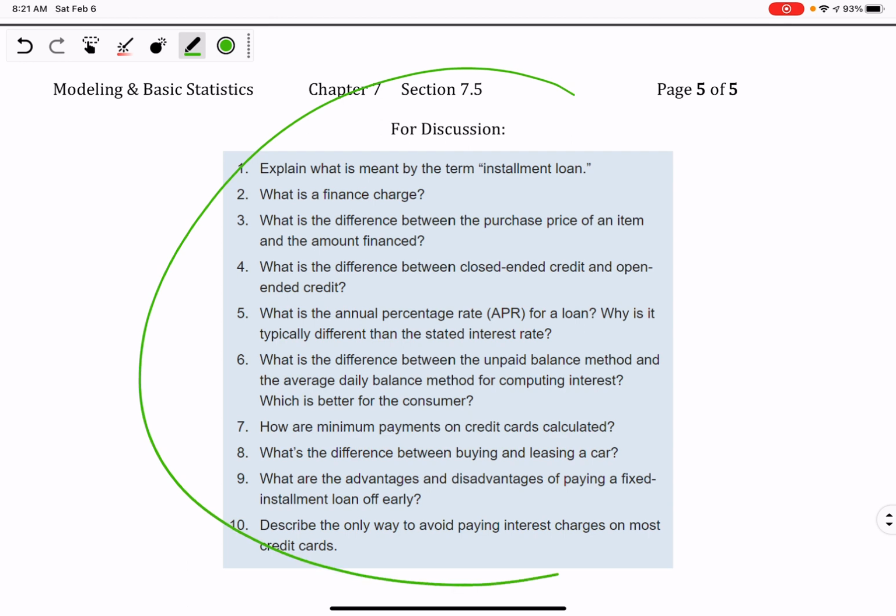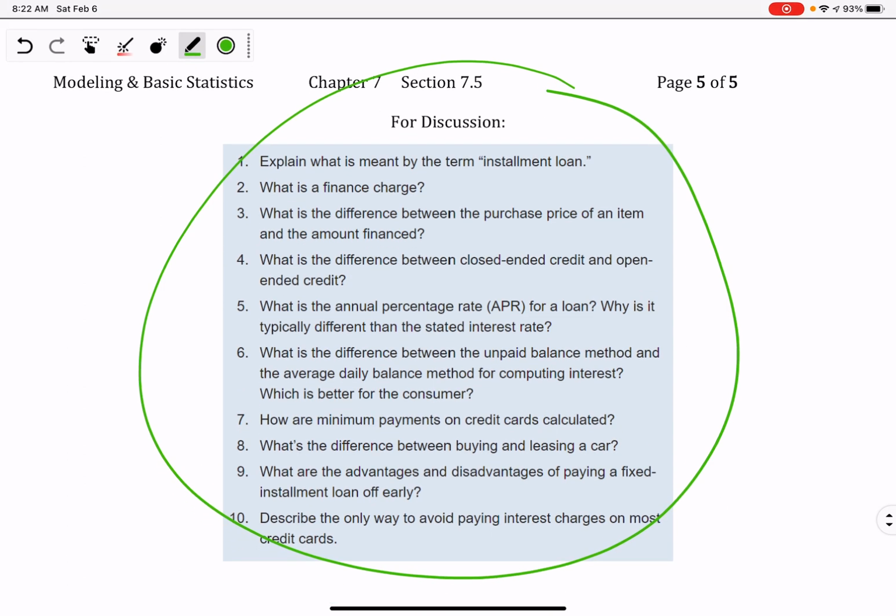All right. Here are your discussion questions. Make sure you look over it and you understand everything we talked about in this section. And make sure you're writing down any questions,